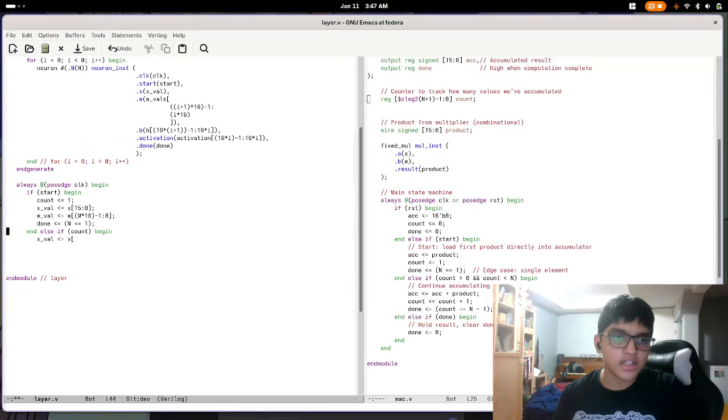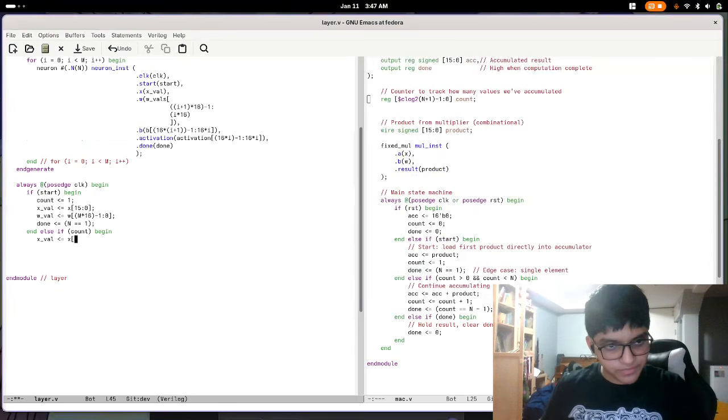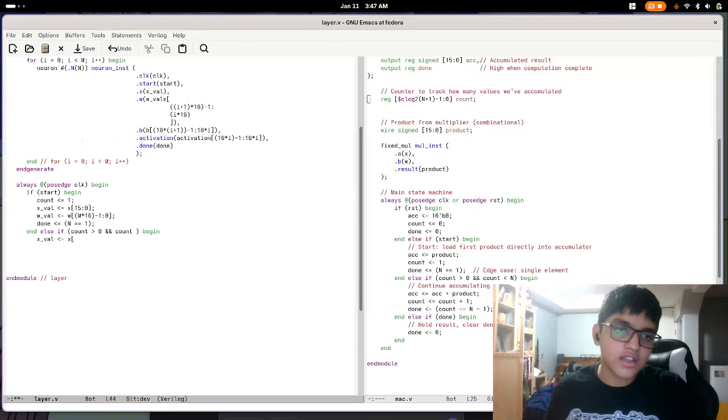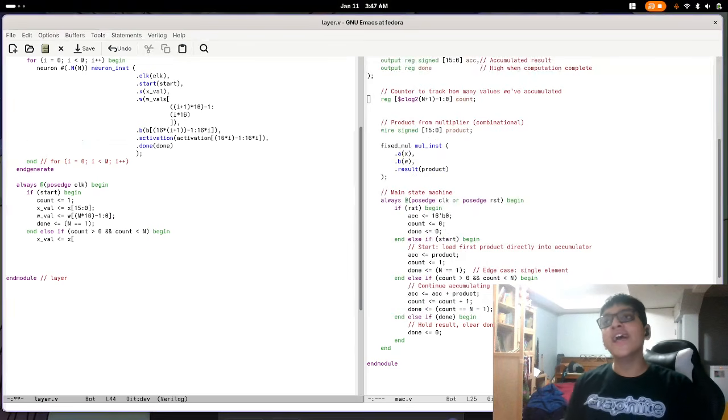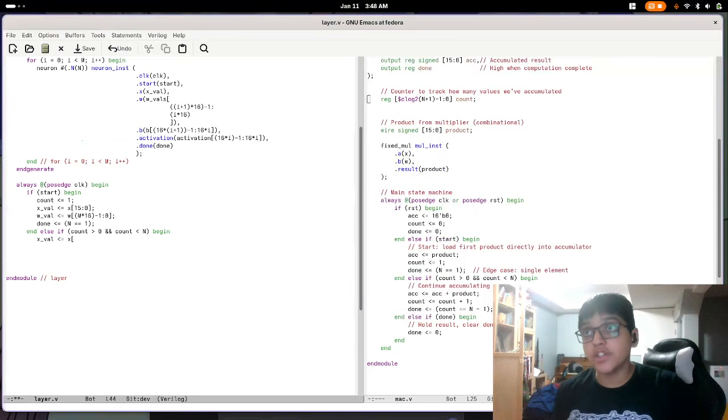Again, we're just handling the edge case of single elements. So then if count is greater than 0, which it should always be, and count is less than n, the number of inputs, then